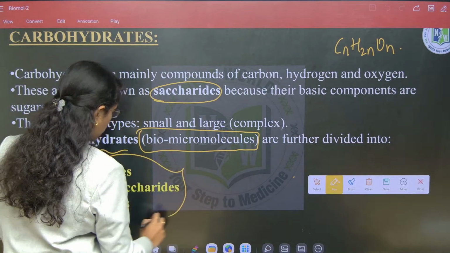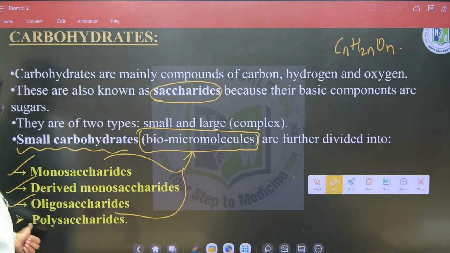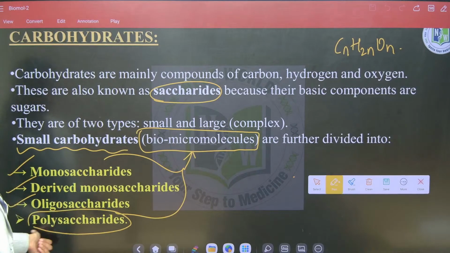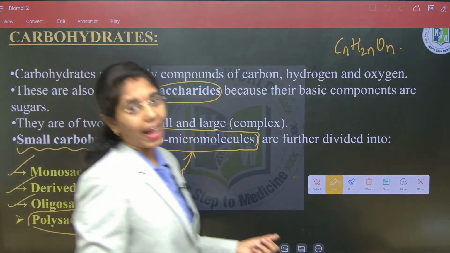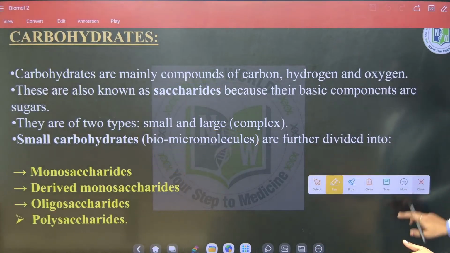These three come under biomicromolecules, whereas polysaccharides will come under biomacromolecules. Clear till here? Any doubt anywhere, beta? And then we will move on to